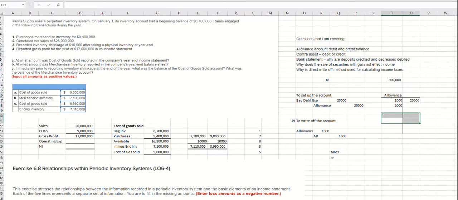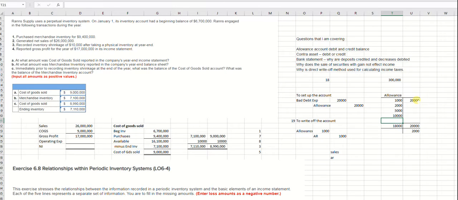Pause it a second. So notice at this point in time, I've written off 3,000 of accounts, and I have 20,000. I put 20,000 in the allowance. So this side adds up to 20,000, and I have 3,000. So at this point in time, I have 17,000 left. Okay. So if I write off another 5,000 account, etc., etc. So let's go down here and let me put in 10,000. Okay, so now I'm back to the end of 2019.